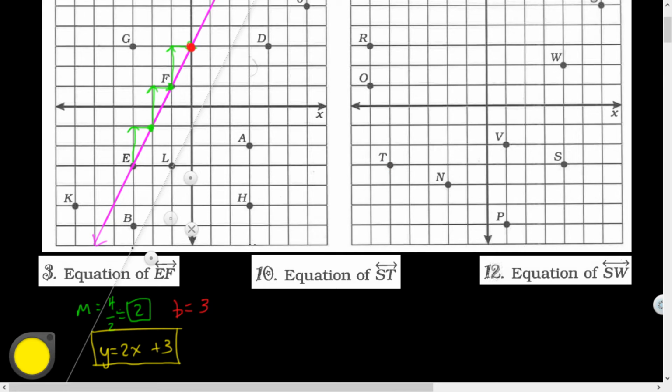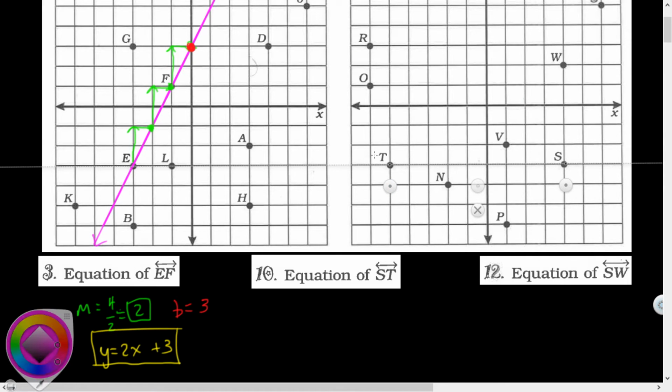Here we go. Let's find another equation: the equation of the line ST. This one is a little bit more intriguing, a little bit more unusual. Here's ST. All right, so there's the line ST. What do you think about the slope of that line? To go from one point to the next, how far am I? What is my rise? I don't have one. The rise is 0, and the run from T to S, or T to this point, or to that point,